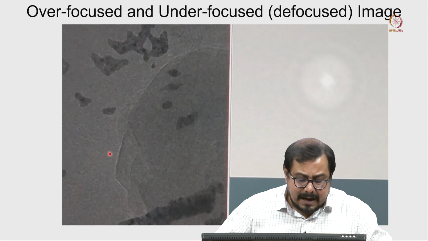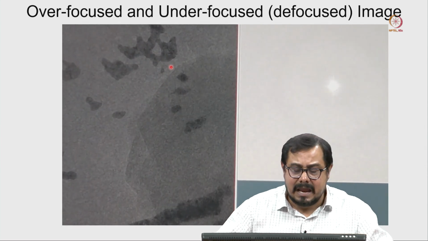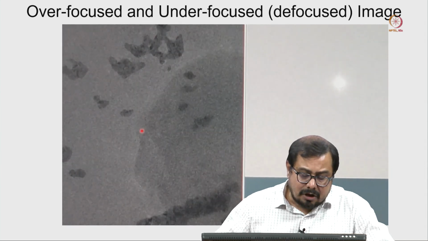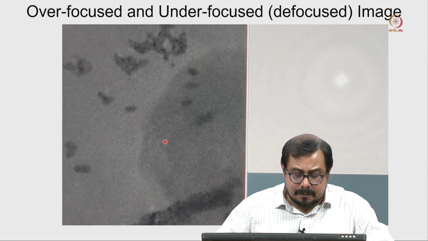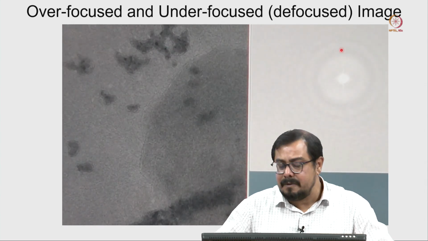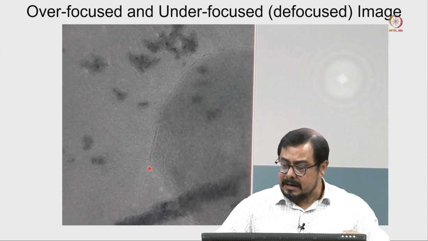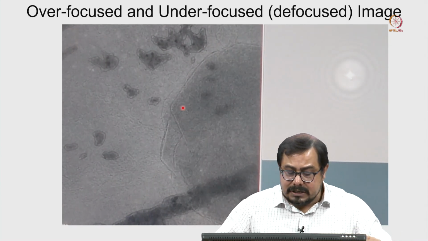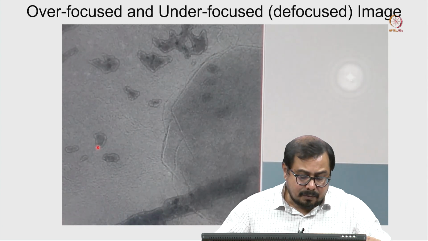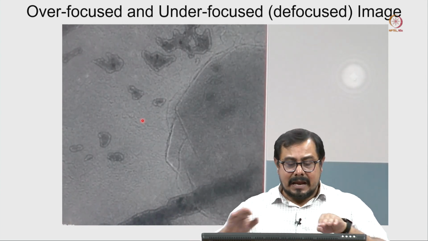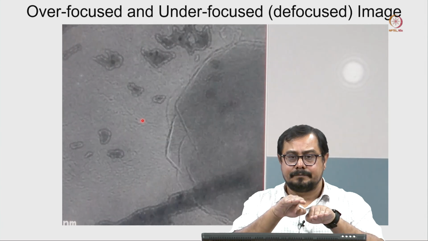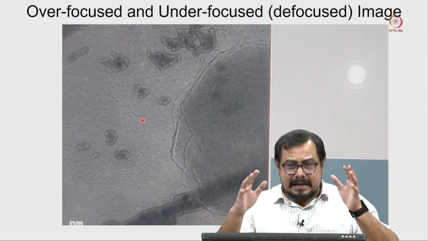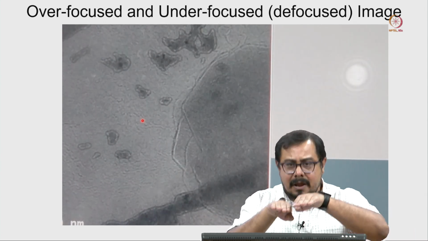And if you pay attention to this particular area, you can see a black boundary outside of this sample, and so now you can see it is almost 0, where the boundaries are not visible. So, sample is not clearly visible. Now, if I go gradually to a different defocus value, you can see a black fringe outside the sample, which is here also black fringe is visible, here also black fringe is visible. That is basically helping me to distinguish this sample. So, either it will be white fringe or it will be a black fringe, and that is basically helping us to distinguish the sample from the background.